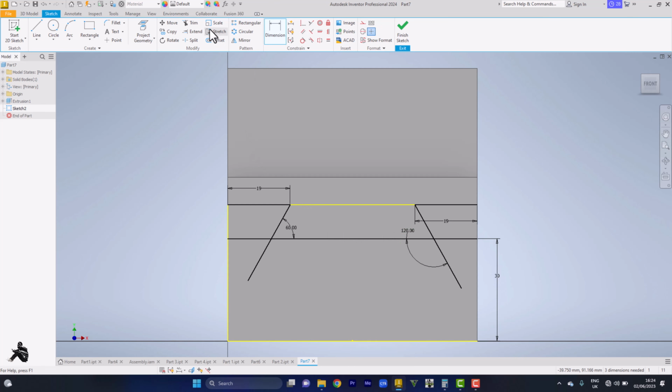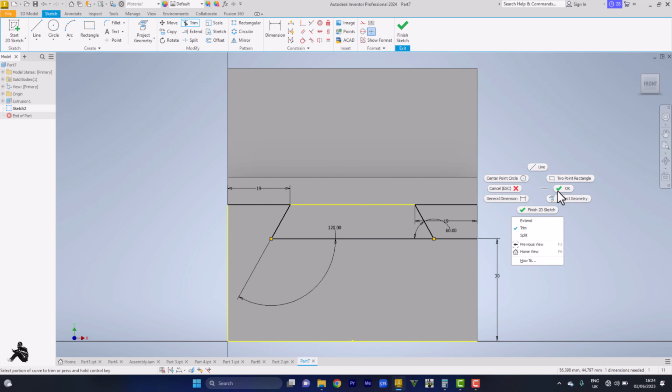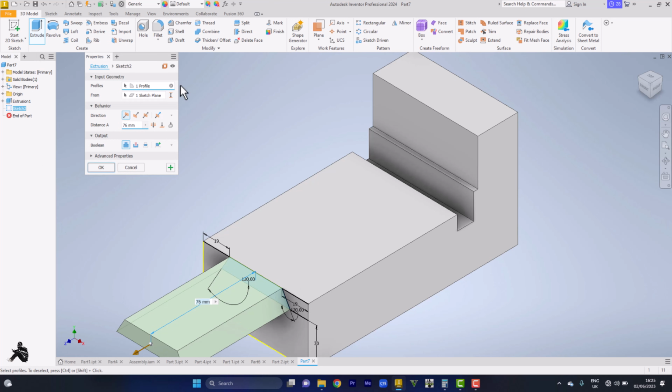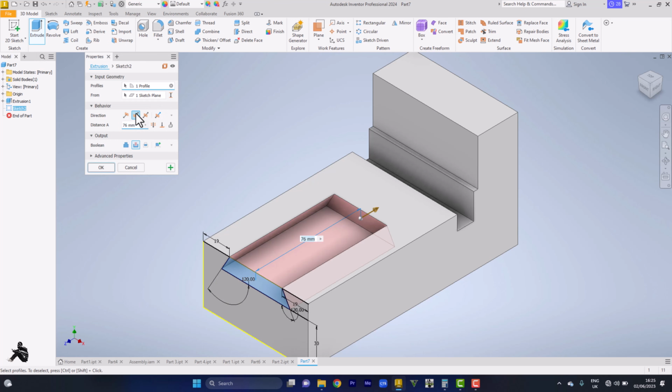Then we'll go back to our trim tool. You begin to trim out the unnecessary parts. We didn't draw anything extra, so there's nothing to trim. We click on OK and we finish sketch. So I come to extrude, I touch on this, or I don't even need to touch, it's highlighted itself already. I go backwards, but the depth is 108, so I click 108 to cut to the end,